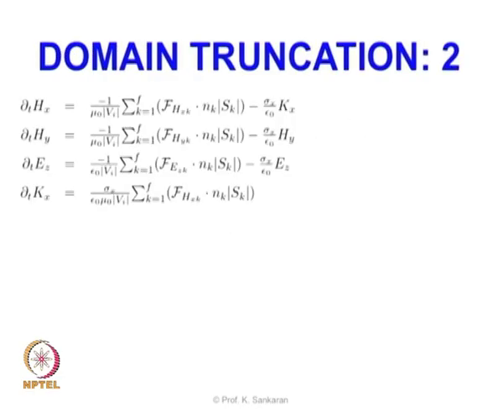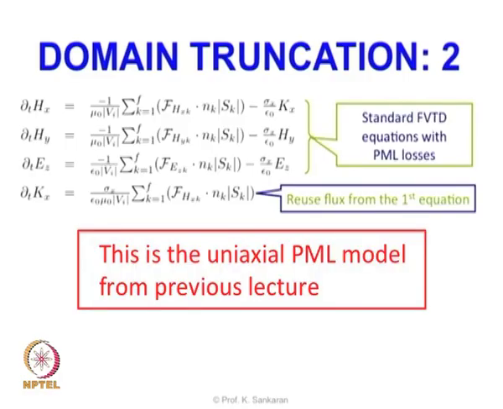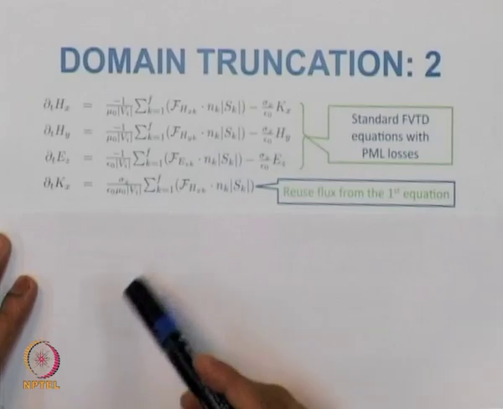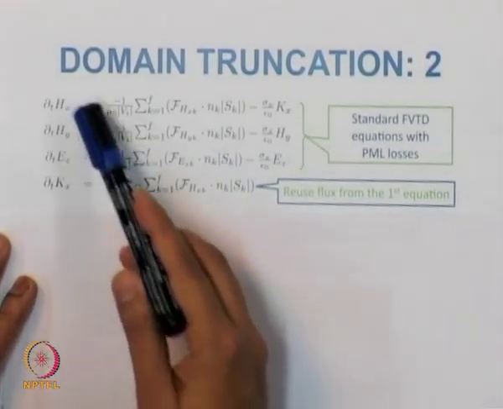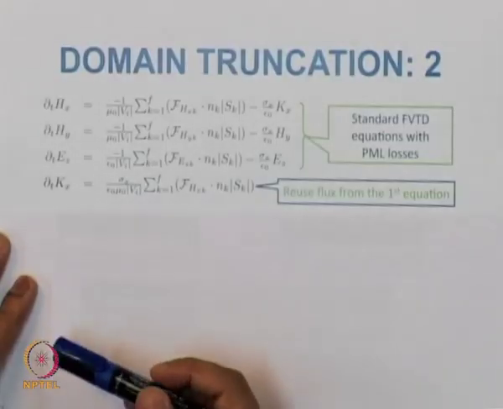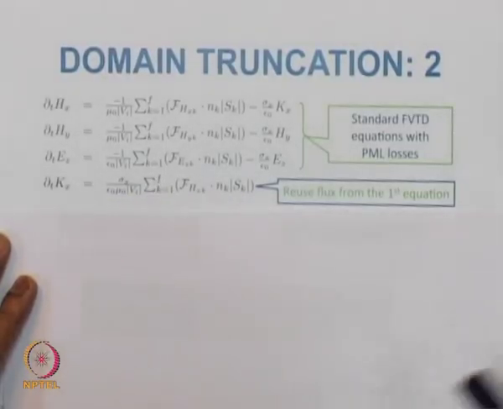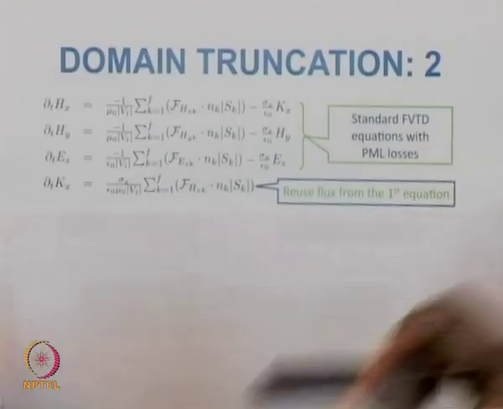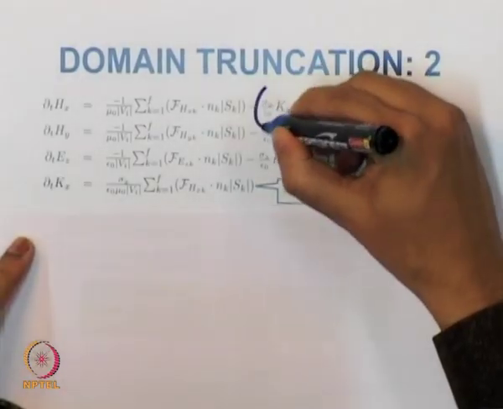If you remember, we had this equation that comes from our system of equations of finite volume. Let us see this in the slide. We said that we can reuse the first flux directly computed from the first equation. So, irrespective of the fact that we have 4 equations, for the last equation the flux value is recomputed, and the first 3 are nothing but the standard finite volume time domain equation with PML losses, and the losses are given using the terms here,